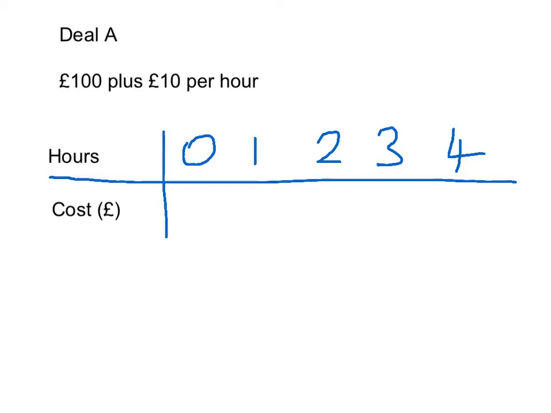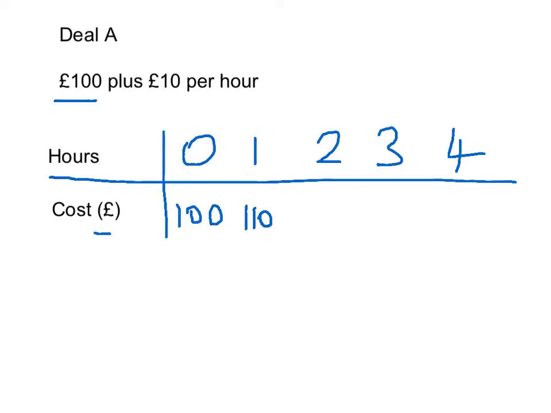Now going back to 0 hours work, if they do absolutely no work, they just turn up at your house, they're going to charge £100. So we write 100 in the cost row just below 0. You can see we don't have to put the pound sign each time because we've included the units in this title here. If you do 1 hour's work, they're going to charge £100 plus the £10, so it's going to be